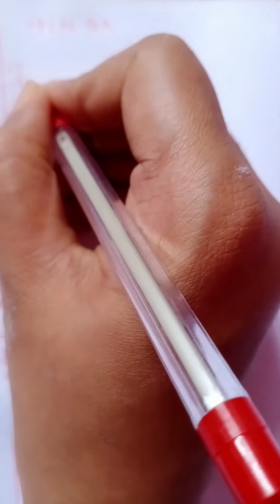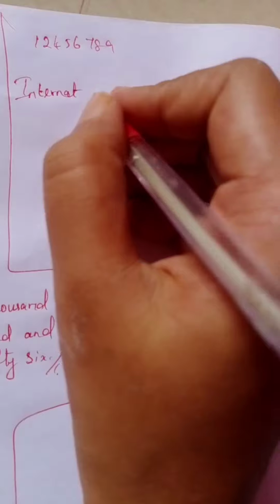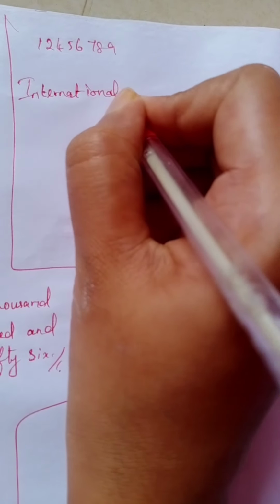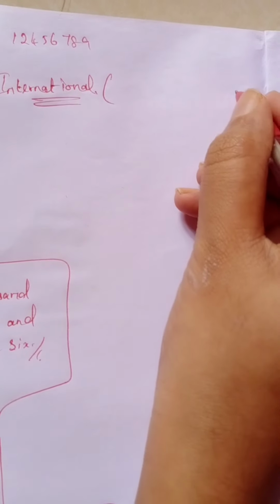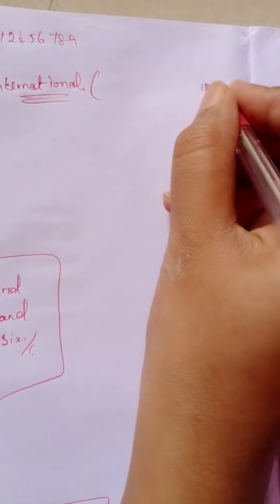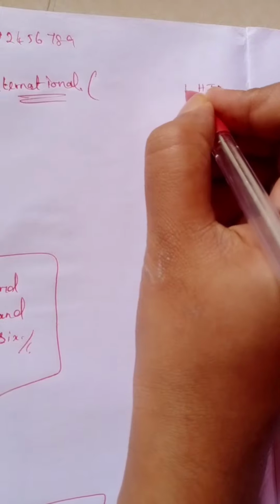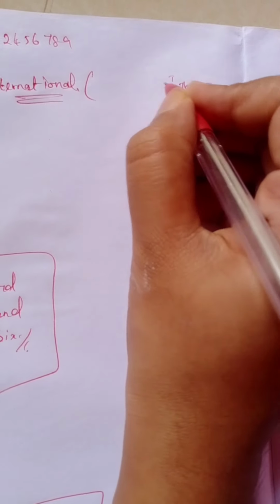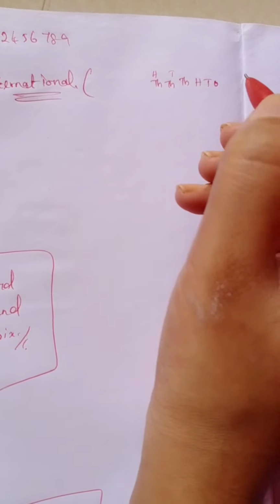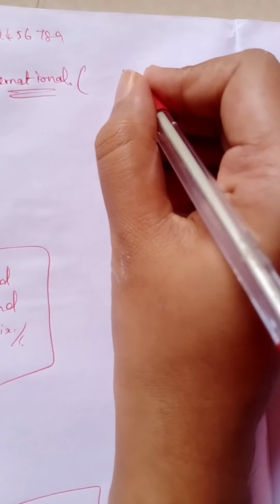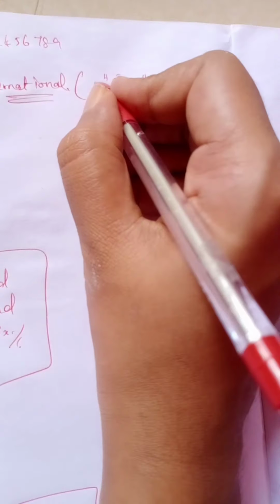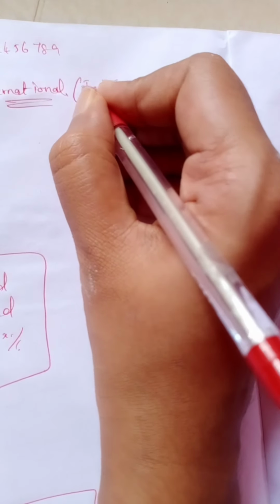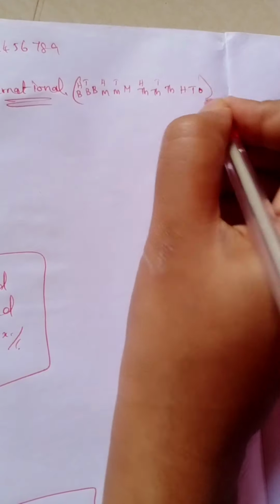Now let's write that number name in the international system. First you have to write the number. Then let me write the international system place value chart. So you know that very well. Let me tell you once again. The place value chart of the international system: ones, tens, hundred from the ones family, thousand, 10,000, 100,000 from the thousands family, million, 10 million, 100 million from the millions family, billion, 10 billion, 100 billion from the billions family.